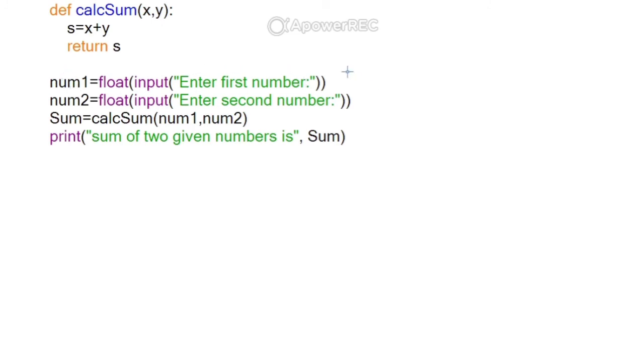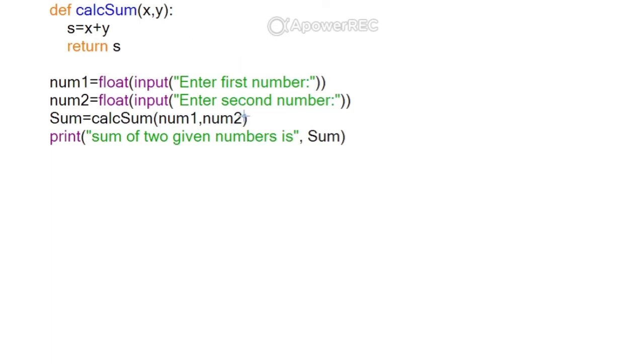Let's suppose as a user I pass the values, because it's a float value, 2.5 and again 2.5. So to num1 and num2 I have passed the values 2.5 and 2.5.